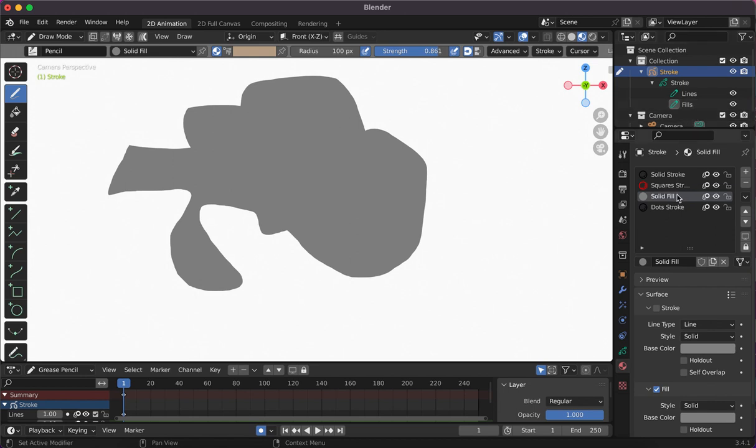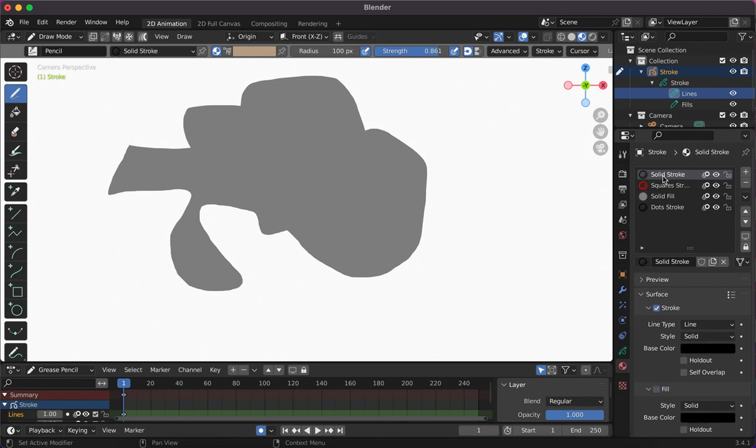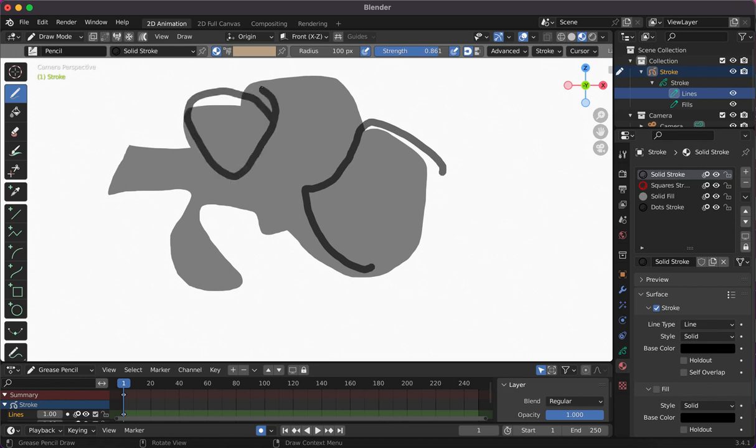with the solid fill material. Now, if I change to the lines layer and change to the solid stroke, as I draw with a pencil, you see that the pencil gets sort of drawn on top of the fill. What that means is that these lines are always on top of the fill layer, regardless of what colors or